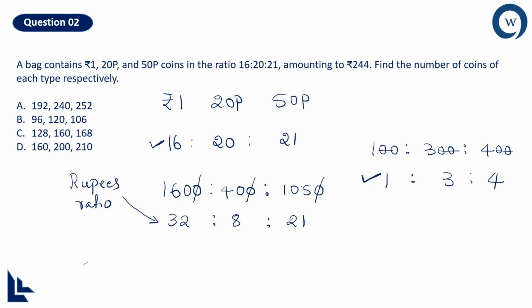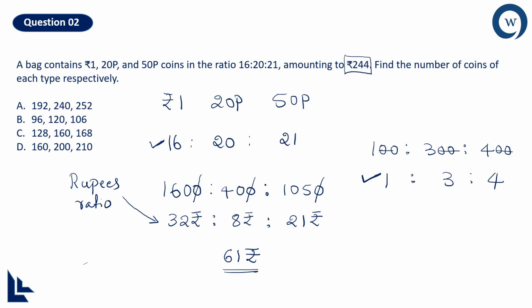The moment I cancelled this by the same number, it automatically turned into the rupees ratio. Now this means there will be 32 rupees contributed by 1 rupee coins, 8 rupees contributed by 20 paisa coins, and 21 rupees contributed by 50 paisa coins. Great. Now the total amount in this case will become 40 plus 21, which is 61 rupees. Total amount will be 61,